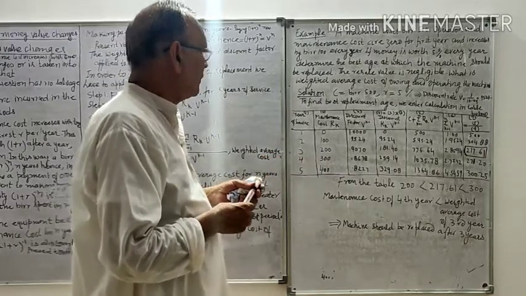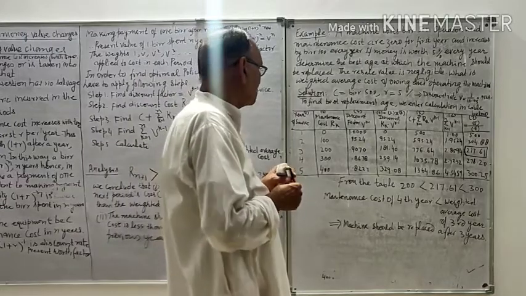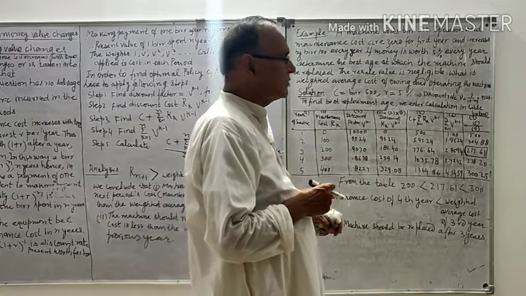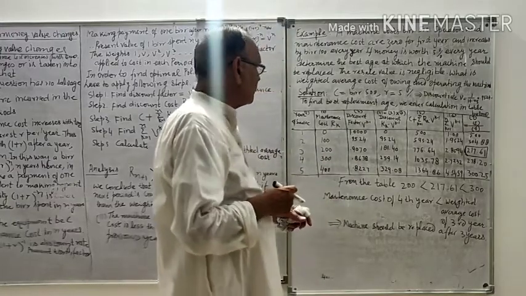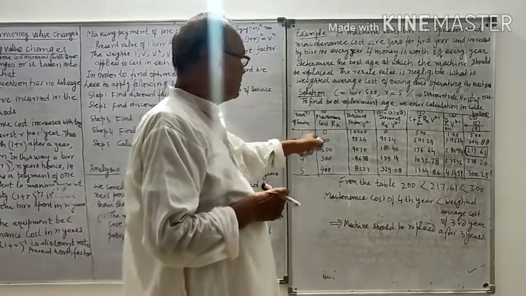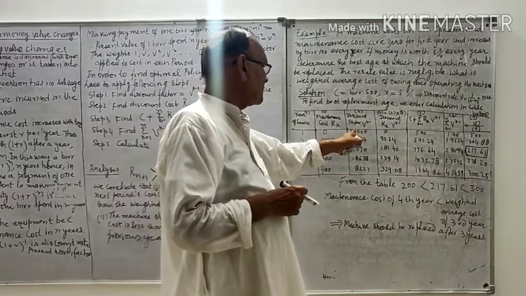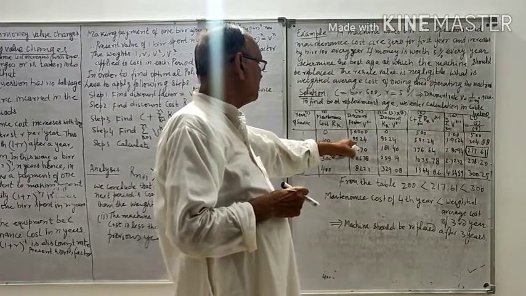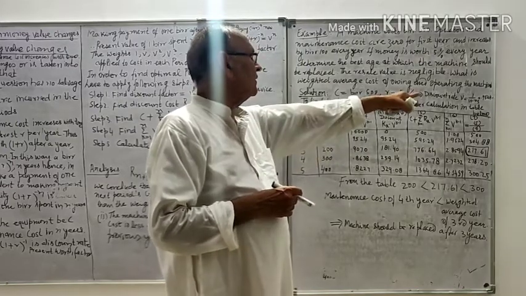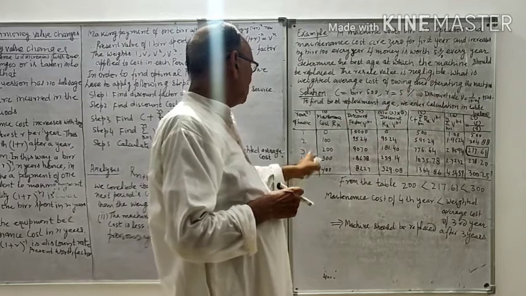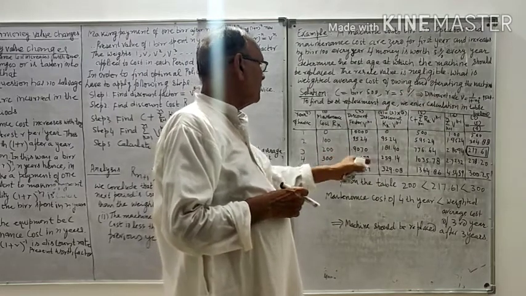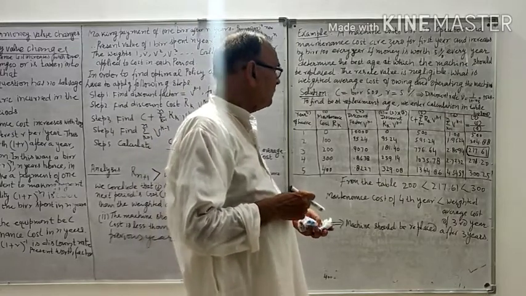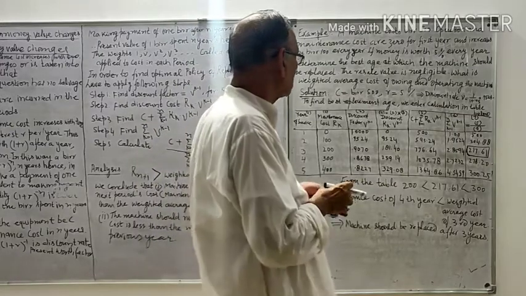For the second year, the maintenance cost is 100, for third year 200, for fourth year 300 and for fifth year 400. And now the discount factor V raised to the power k minus 1, k is equal to 1 to 5 here. For k is equal to 1, you check V raised to the power 0, this is 1. And for k is equal to 2, it is V, 0.9524. And then V square, V cube, V4. And then the discounted product of maintenance cost with this.